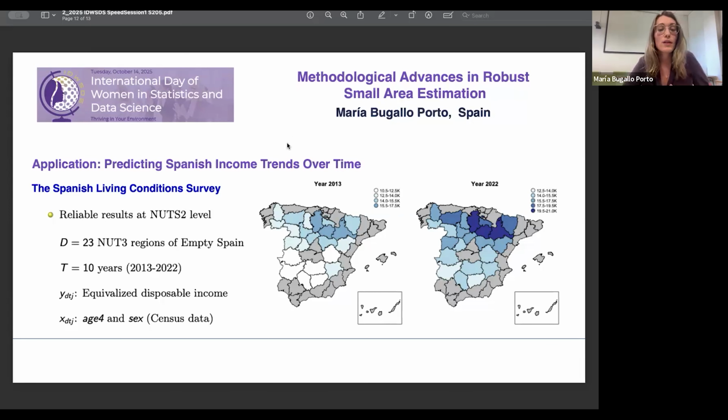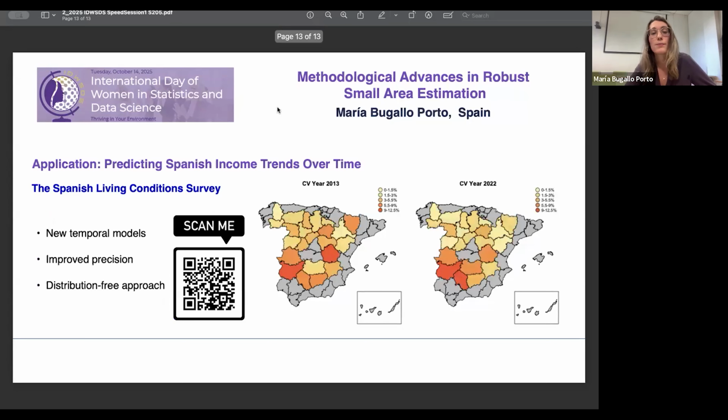So after fitting the model and addressing the plug-in type prediction, we plot the results. Here in the maps, we can identify the changes over time and also the spatial variation. Indeed, the north is traditionally richer, and on the other hand, the south and east, and in this case, the provinces of Extremadura and the north of Andalusia. So in the next slide, we finally